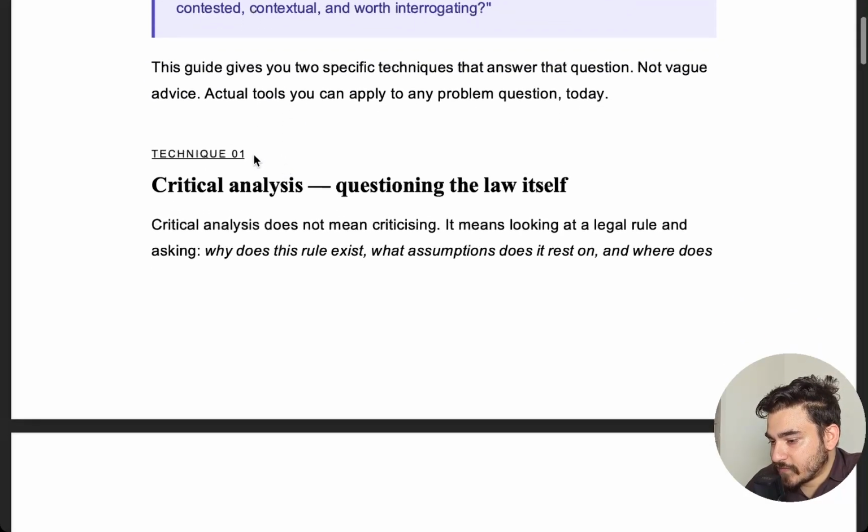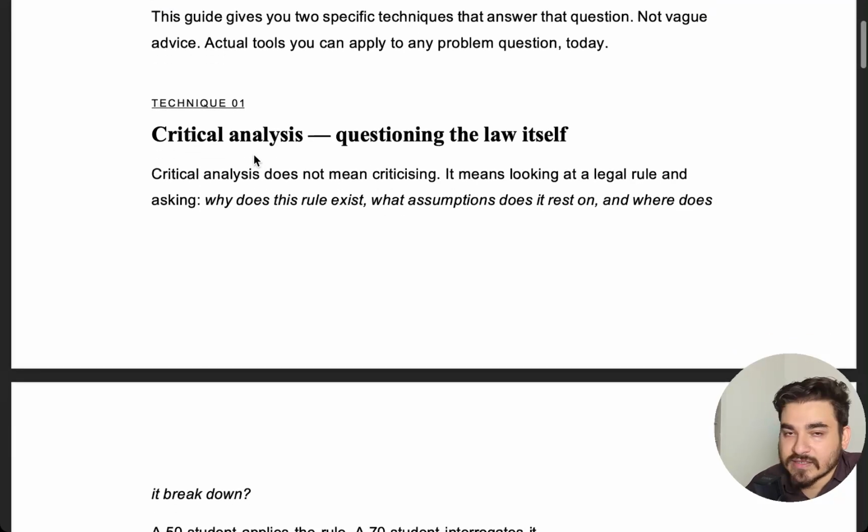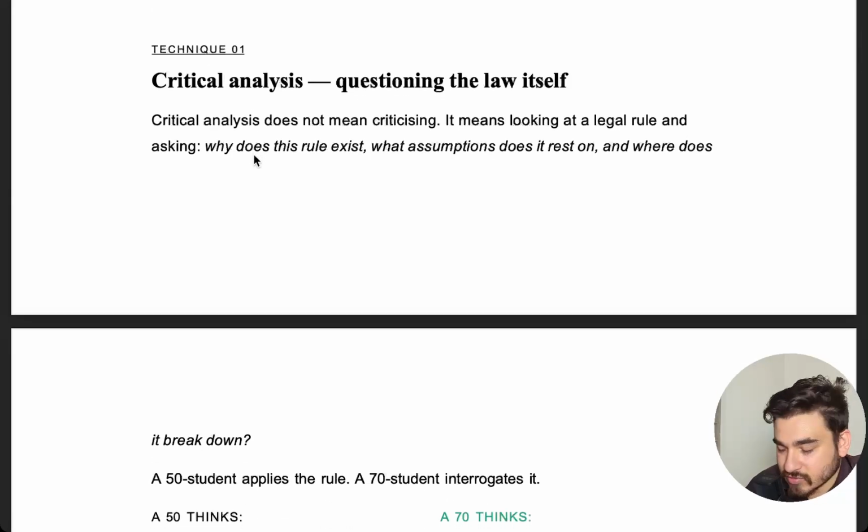So the first technique that I will give you to get your desired grade is critical analysis. Now this is a buzzword that has circulated in almost all examinations, but what does this actually mean? Critical analysis is you looking at the law in a manner in which only you see it. If I ask you, for example, what do you think about the law of contracts or the law of offer and acceptance? There is a general framework that every student has in their textbooks and their guides. But what do you make of the law?